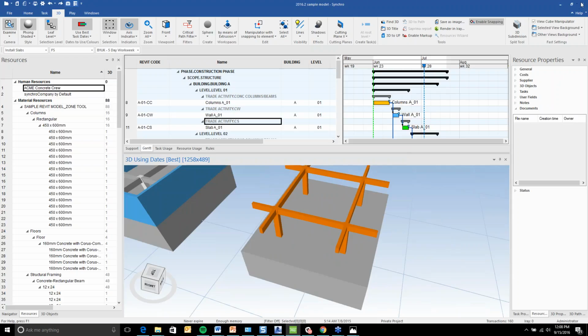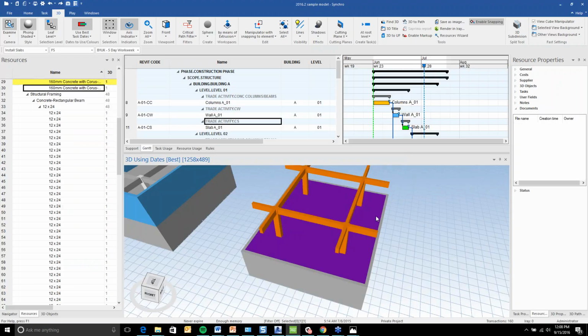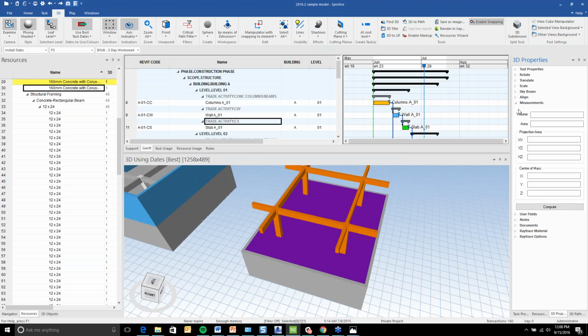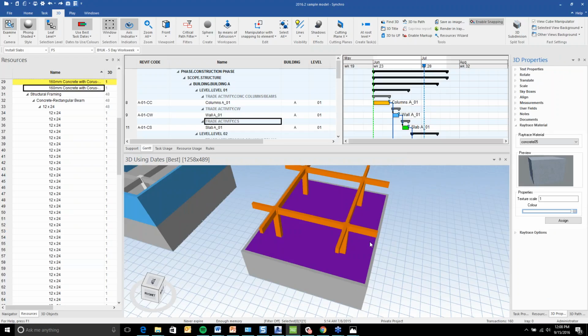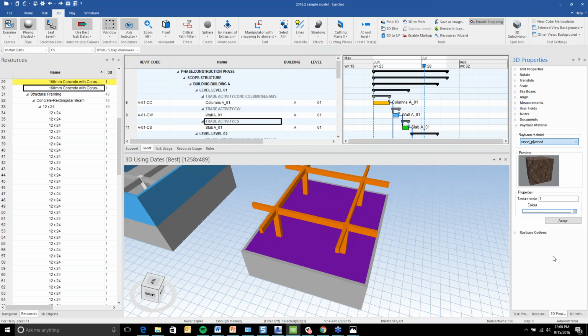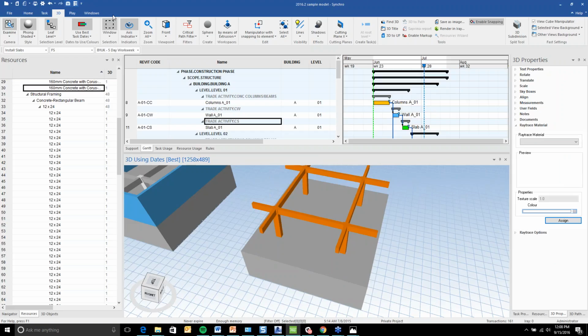A couple things with IRA too that we wanted to focus on. If you select an object in the 3D view, what you'll see are some options in the menu, 3D properties. The first one here, ray trace materials. We've included a basic list of sample materials that will come with this version. So if I were to turn this into plywood, for example, and assign it, you can apply materials in the 3D view,